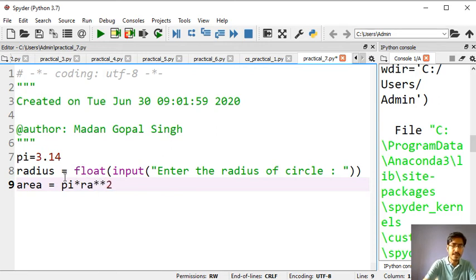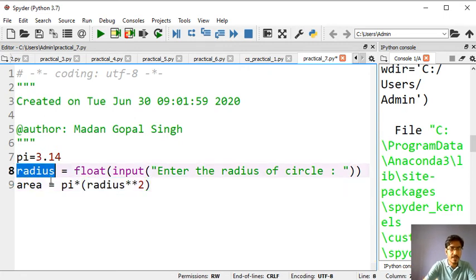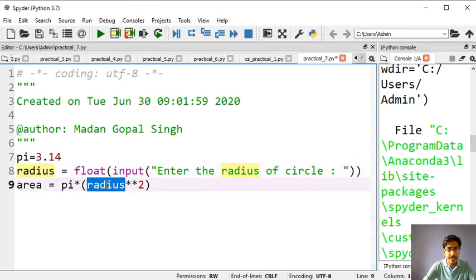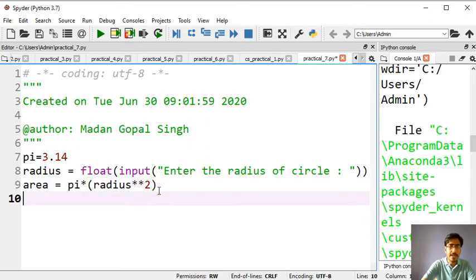R is actually radius. In the previous slide, while I was writing, I have written r, so you need to write radius completely because this variable should be written. Unfortunately, I have written r in my previous slide, in which I wrote the code by hand, so please correct this. Circumference equals to 2 star pi star radius.